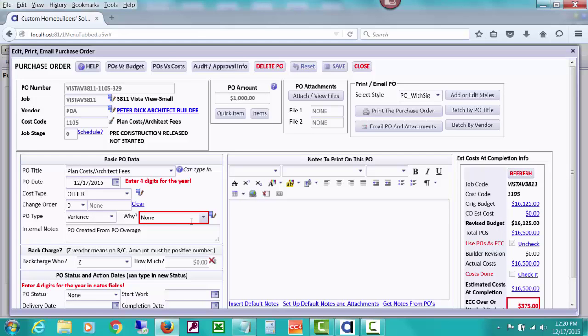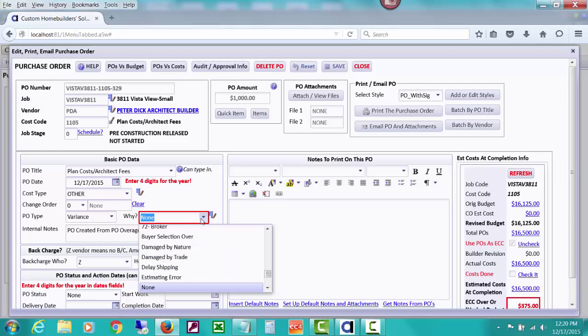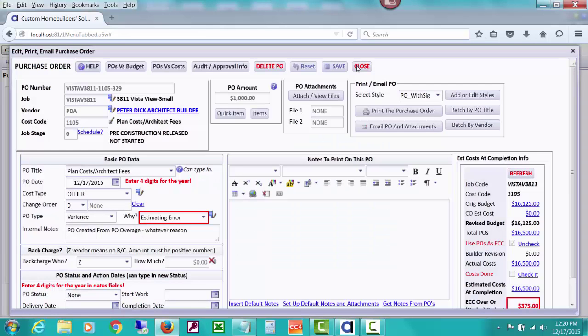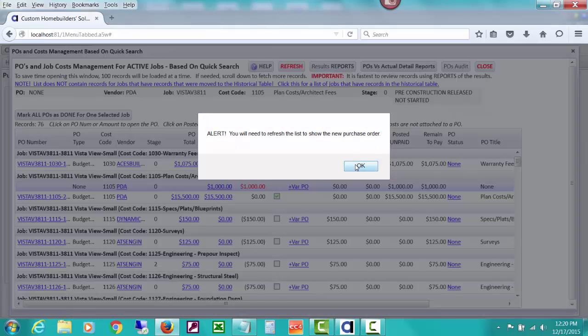You can see that here, and you can type in why. Maybe it was an estimating error, I don't know. You could either type in, you could set up some new variance reasons so they'll group together and select that one, and type whatever reason. I'm not going to spend a lot of time on that, but this will show up on lists of POs, of variance POs, these notes, and so they can be very informative about why we had this. But you'll notice that we now have a variance PO for $1,000